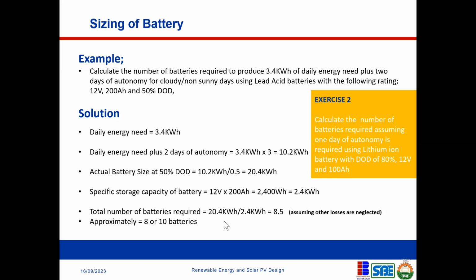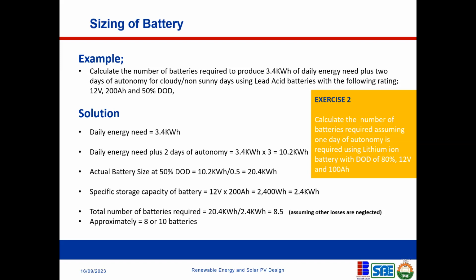So whether you get 4 batteries or 7 batteries now depends on the number of days you've considered. Remember, we said 1 day of autonomy, plus the last day before the day of autonomy. So you're dealing with 2 days here, right? For those of you that got 4 batteries, I want to assume that you only used 3.4 kilowatt hour or 3,400 watt hour, whereas those of you that got 7 batteries, you used